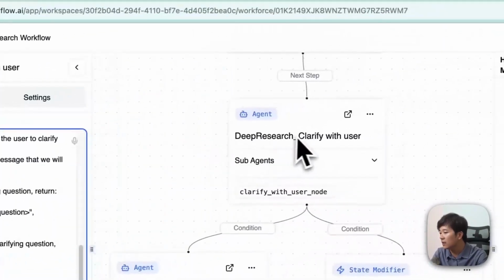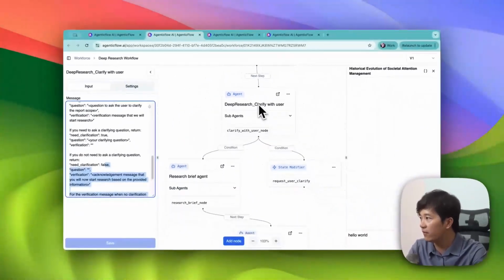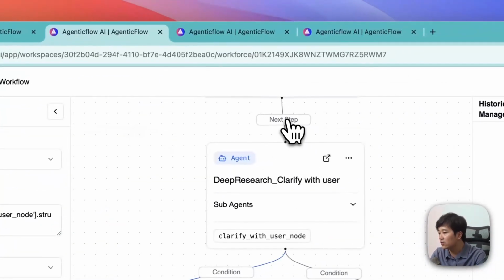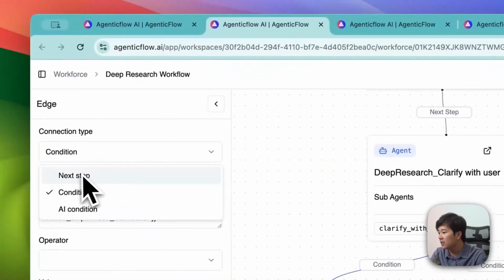So basically, you are instructing this agent how it will behave when there's an incoming message. But after this one, it will have a split in condition. Okay, so this is where it's interesting. You can click on this edge, and this is a connection type. This is also the same type as the edge above, but instead of next step, it is